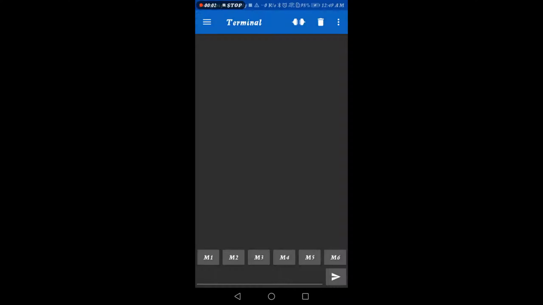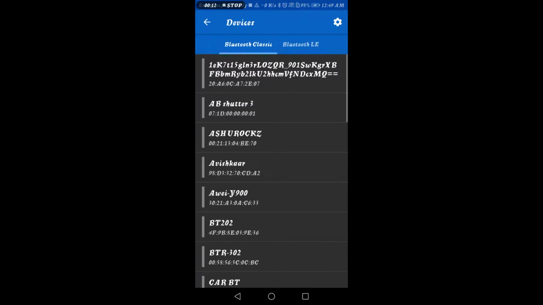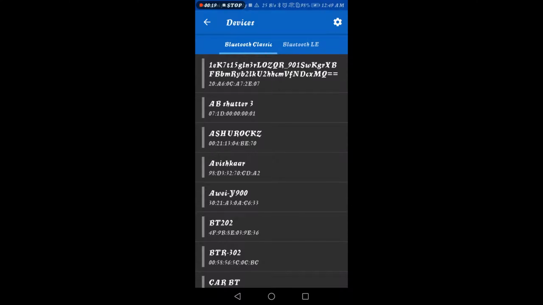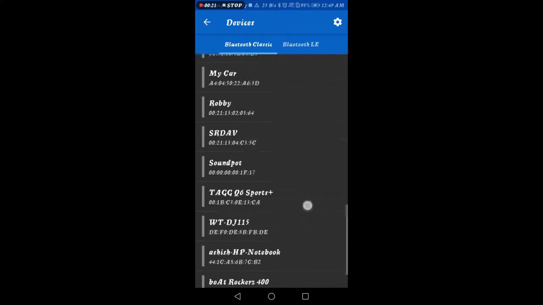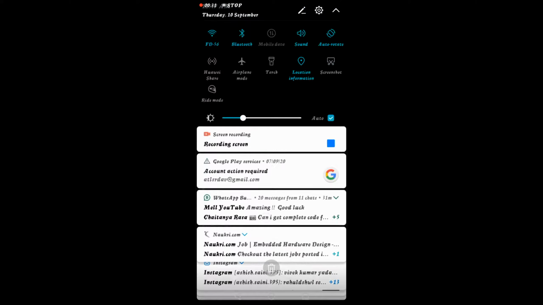Alright, so now you can see on your screen that we have the application opened on the mobile phone, right? Right in here you can see that there are multiple options. The first option is Devices. Just go in there. Right now I can see that the device which I have to make the connection with is actually not available, just because for the first time you have to pair your BLE module with your smartphone, right? So for that, firstly just verify whether the Bluetooth is turned on on your smartphone or not. If it is not turned on, just turn it on.